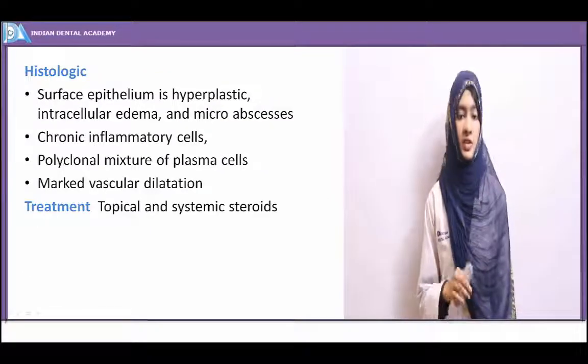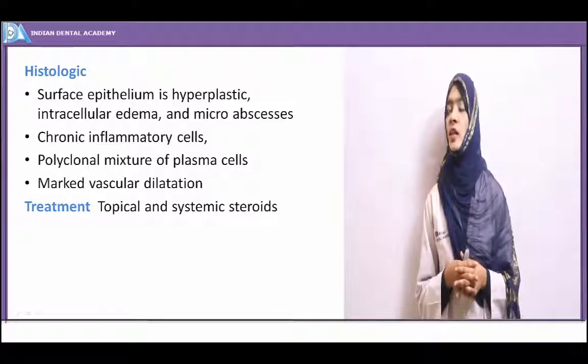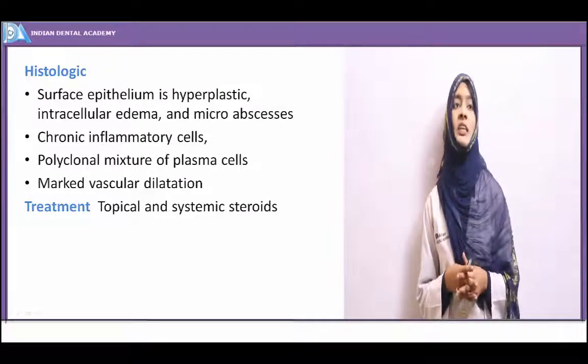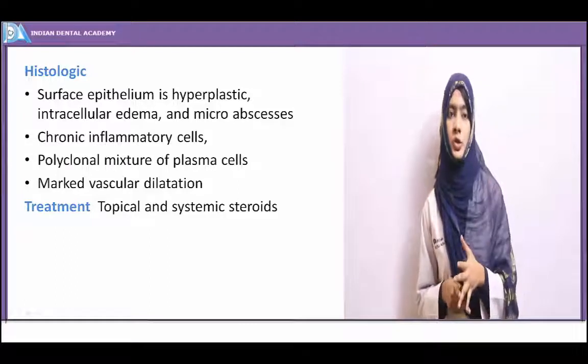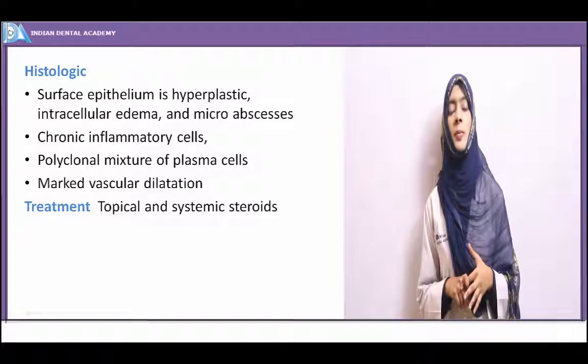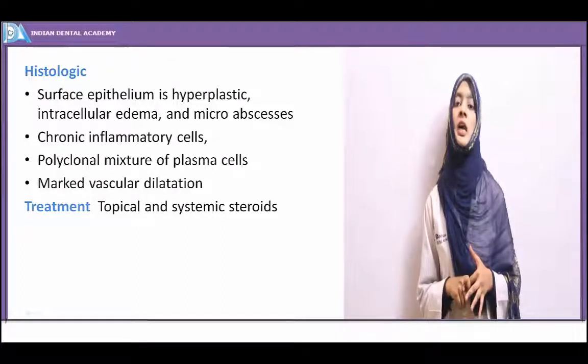When you see the microscopic picture of allergic enlargement, it shows that the surface epithelium is hyperplastic, and the epithelium shows hyperkeratosis also. The presence of intercellular edema and micro abscesses is common. When you see the connective tissue, it shows the presence of chronic inflammatory cells and a polyclonal mixture of plasma